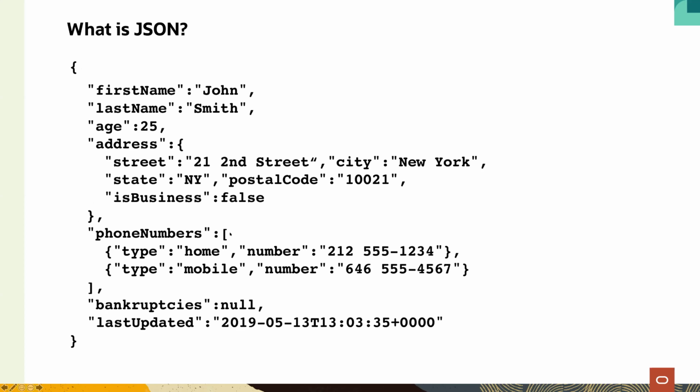And then the last data structure, it's also a complex data structure, is the JSON array. So this is a list or an enumeration of values. So in this example, we have an array of phone numbers or of phone number objects because the content of this array are two objects. And again, these objects have these key value pairs, key type, value home, etc. So this is a